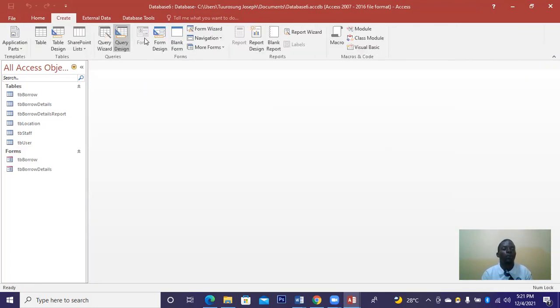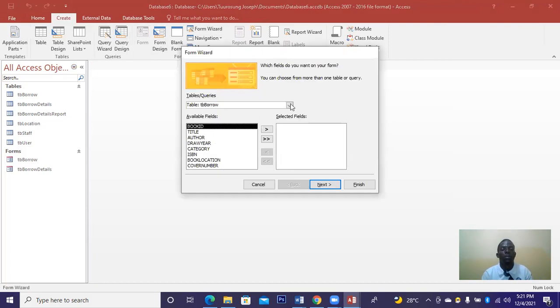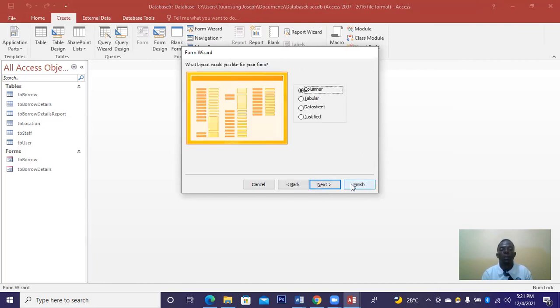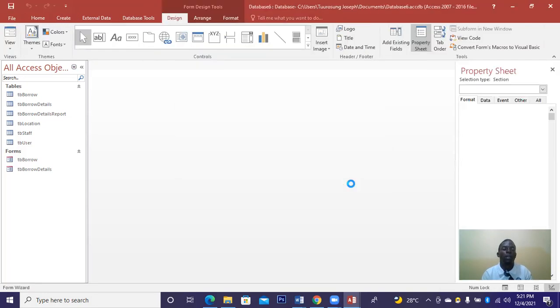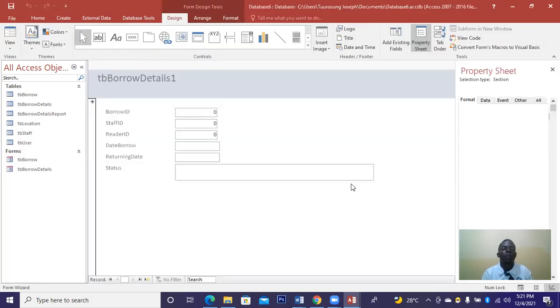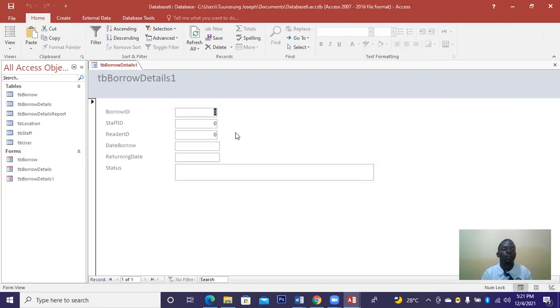We can go to the same form design, form wizard, then details, transfer the information there, go to next, finish, and we are done. Okay, the form has come. This is how the form is going to be like. But you see how the form is not nice, so we can just try to